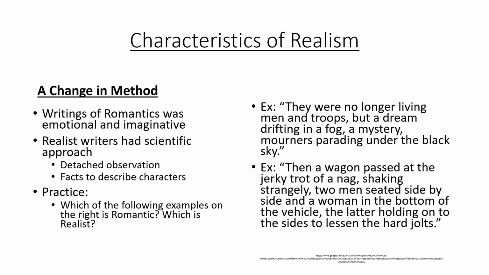Now, if you've been paying even a little bit of attention, this should clearly ring out to you as romantic, right? Because we know from some key words that they're talking about war, right? Men, troops, parading. So they're going off to battle, to war, which is something very grim in reality. But the author here is couching it in diction, meaning word choice, that is extremely romantic, right? They're walking through this dream, through a fog, through a mystery, right? Making it seem more idealized than war actually is. So this one we would pin as romantic, right?